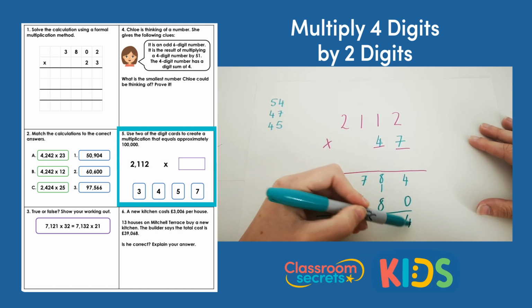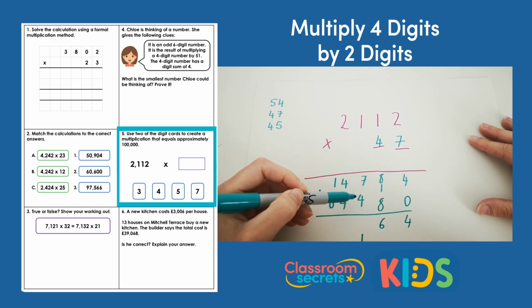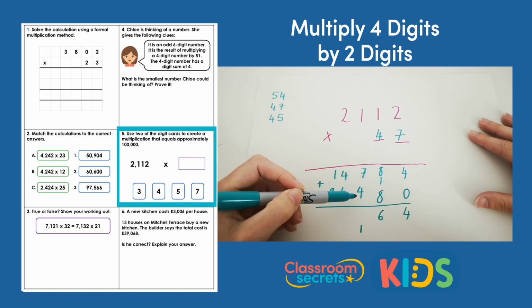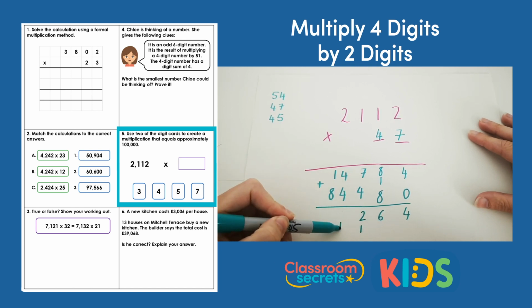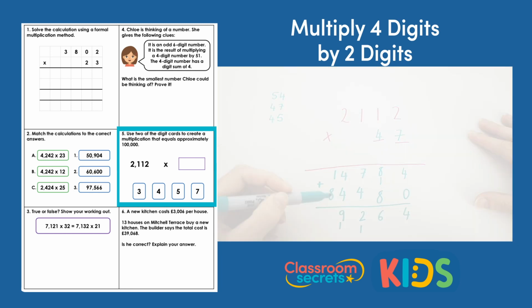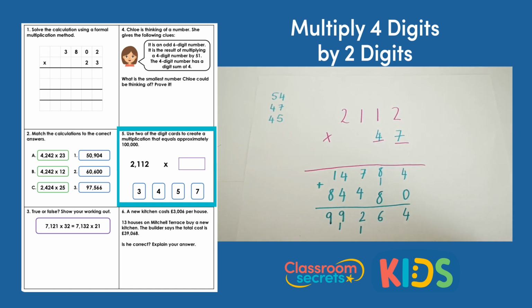4 and 0 is 4. 8 and 8 is 16. 7 add 4 is 11. Add 1 more is 12. 4 add 4 is 8. Add 1 more is 9. 1 add 8 is also 9. So the answer to 2,112 times 47 is